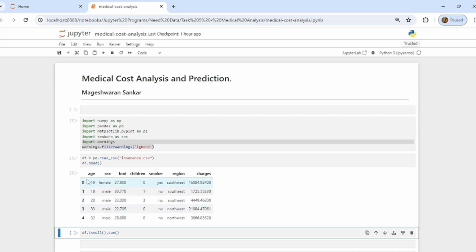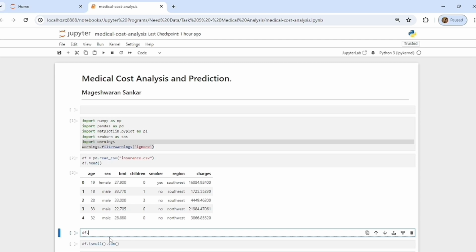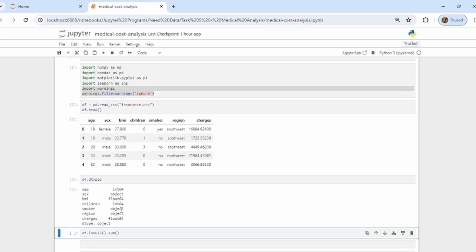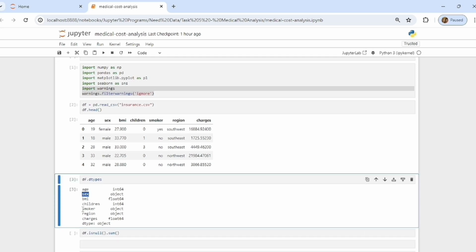So it has age column, sex column, BMI column, children, smoker, region, charges. So using this function, I can look at the data types of my data set. So you can see age column is categorized as integer. So only sex column and smoker column and region column are categorized as object variable. So we'll be performing pre-processing to convert them into integer or float data types for building our model and also